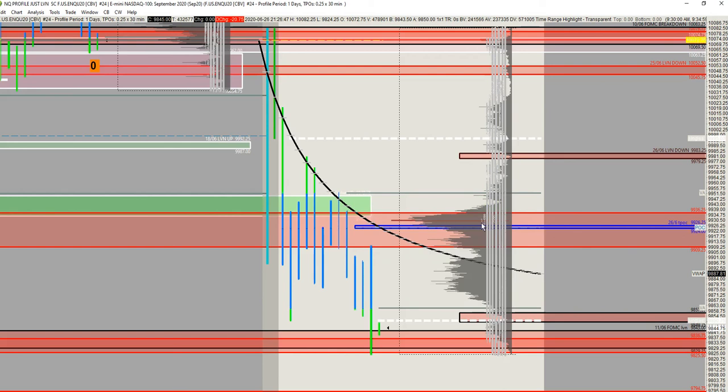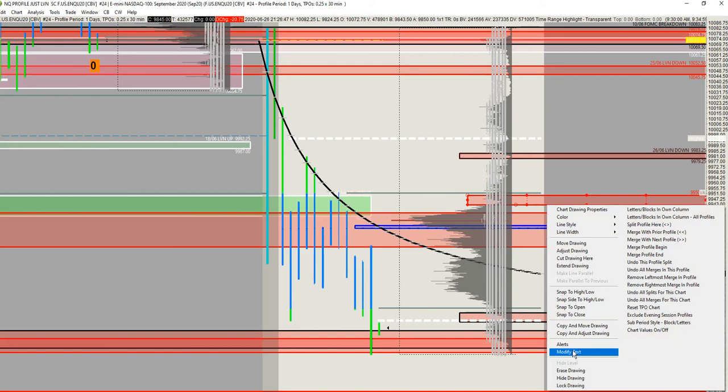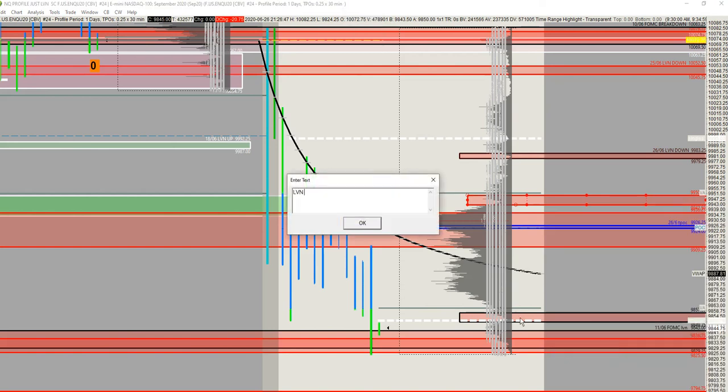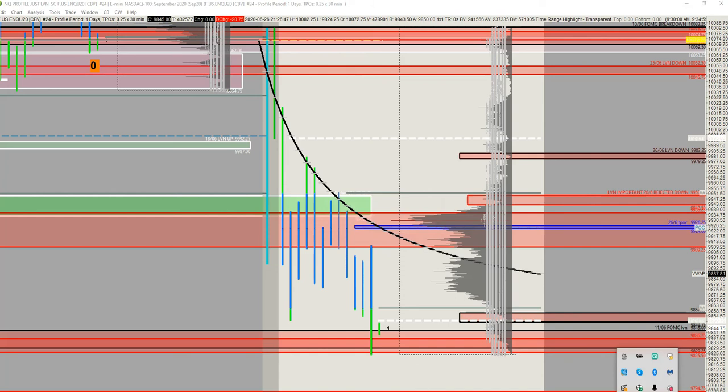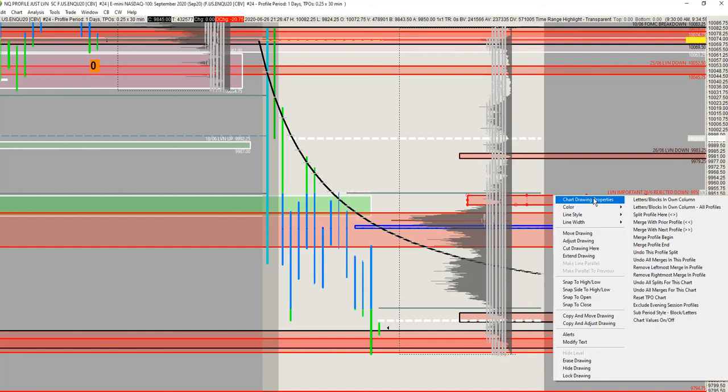I believe, honestly, that the market rejected this low volume node. For me, this is really important. Okay, I'm gonna put it here. LVN, important, 26.6. Rejected. So we rejected that. And that's going to be an important level for me